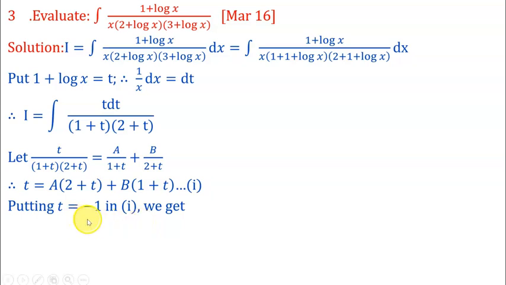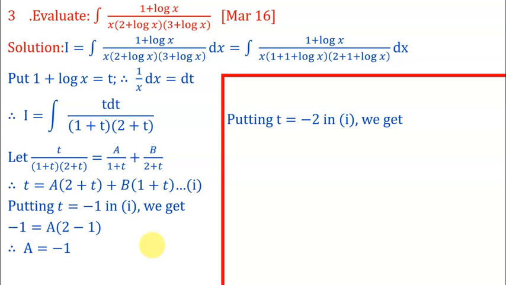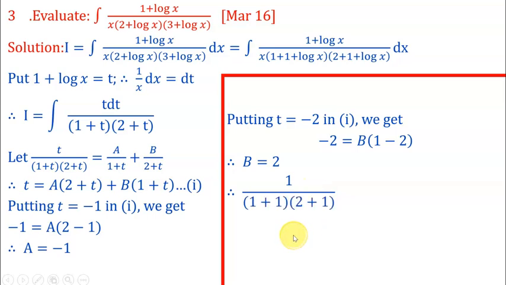Okay, now find the value of a and b. Put t is equals to minus 1, you will get your value of a. That is minus 1 is equals to a in bracket 2 minus 1. a is equals to minus 1. Next, putting t is equals to minus 2, then you will get your value of b. Okay, that is minus 2 is equals to b in bracket 1 minus 2. b is equals to 2. Therefore, our integral,